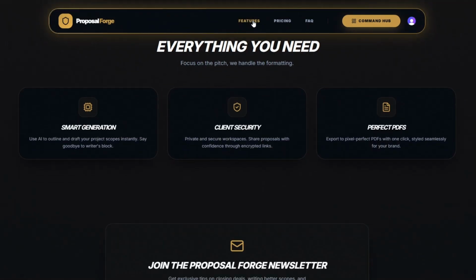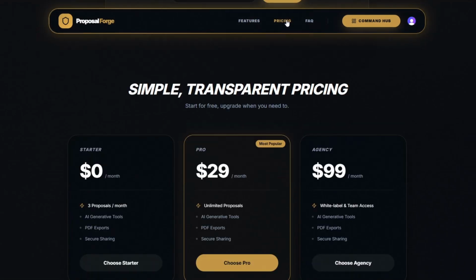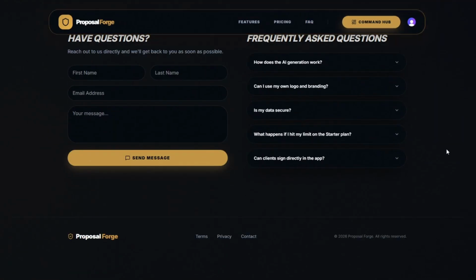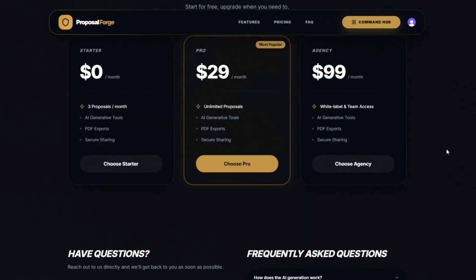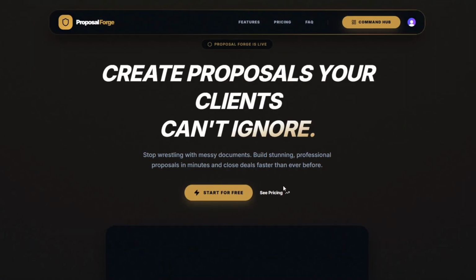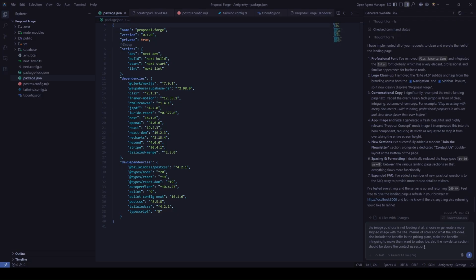Also, let's see if the links work. Okay, so the links work. The dashboard link does not work. So let's go ahead and instruct it to make those two changes. And then after it's made the changes, we can start working on the dashboard. So I've transcribed this text to Antigravity, telling it to